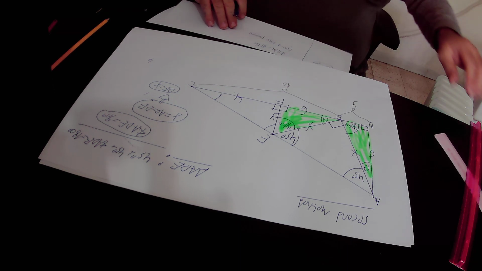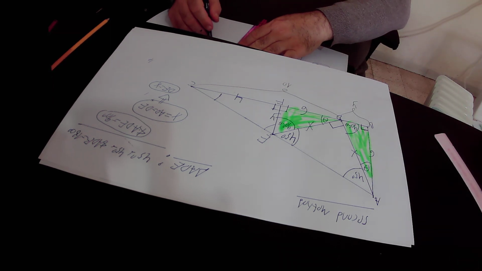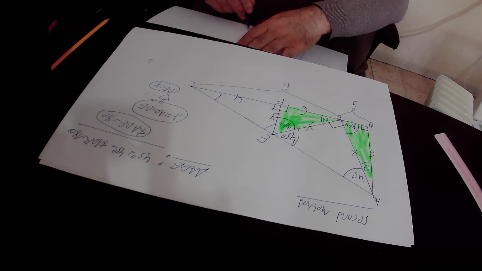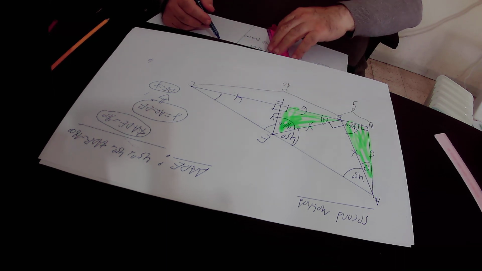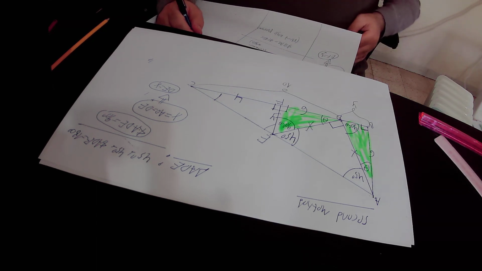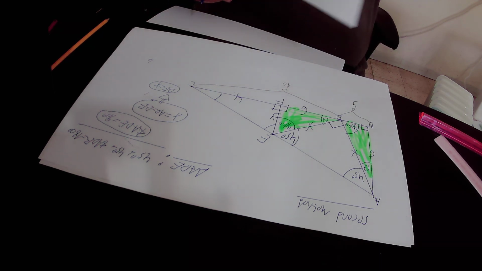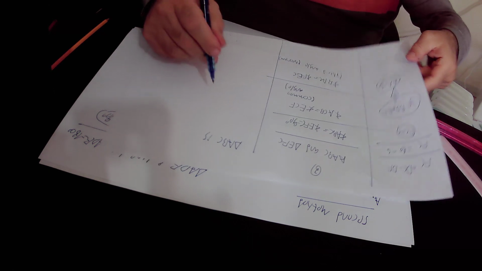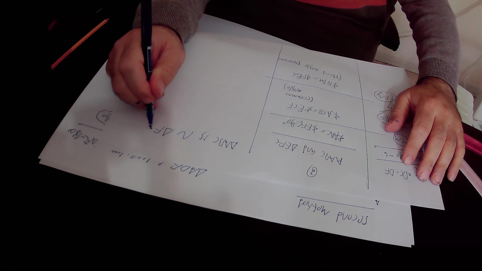So we proved that all the angles of the right triangle ABC are congruent to all the angles of the right triangle FEC. Therefore, the right triangle ABC is similar to the right triangle FEC